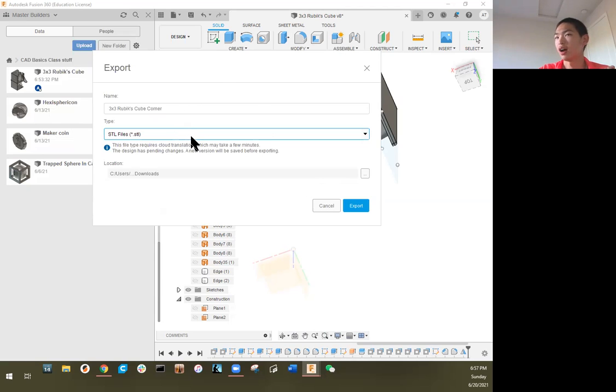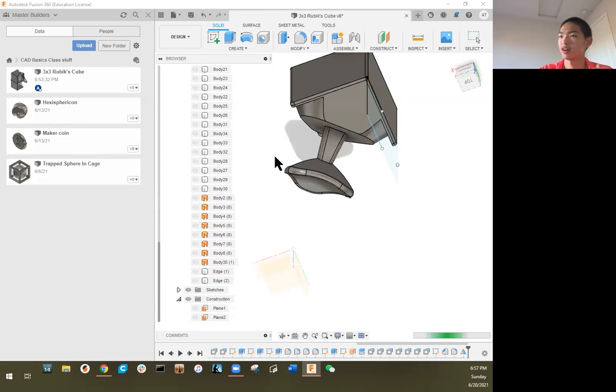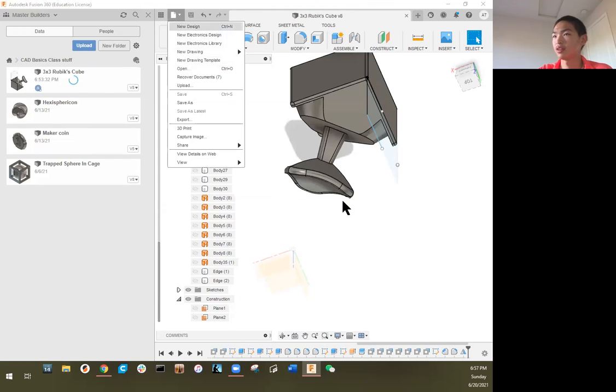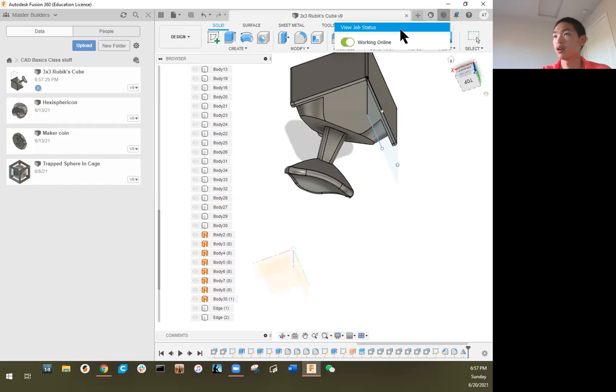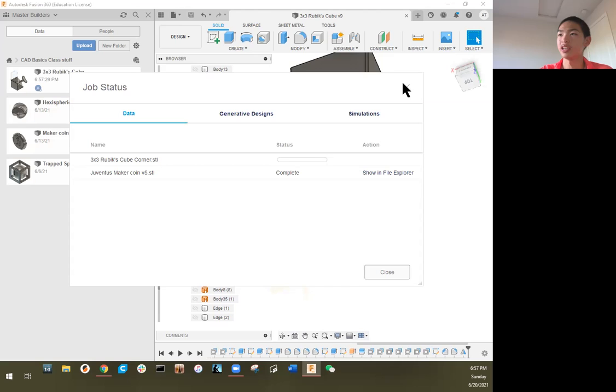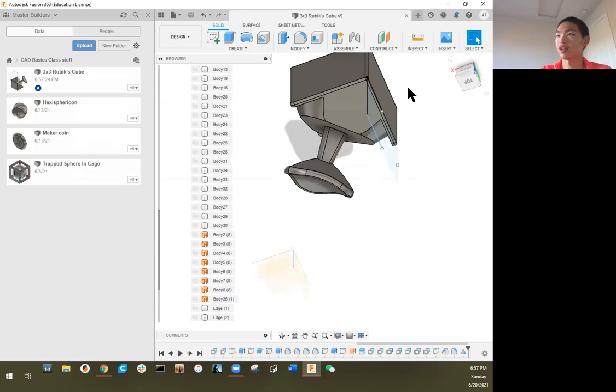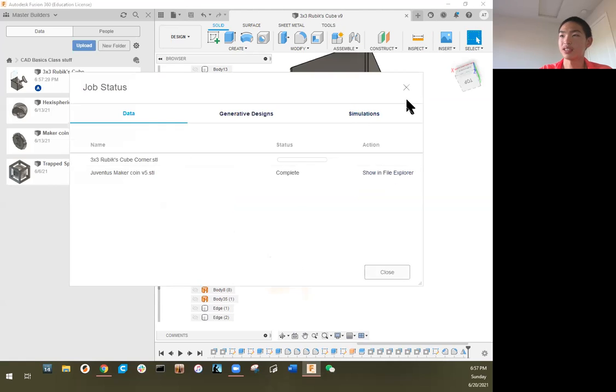But for 3D printing and slicing, we just use an STL file. And so you can do the corner piece, then the edge piece. It takes quite a bit of time because you have to upload it to the cloud. And if you ever delete the window that shows the status of exporting, you can always click on job status and then click on view job status to see it again. And because it takes a while, I already exported something else